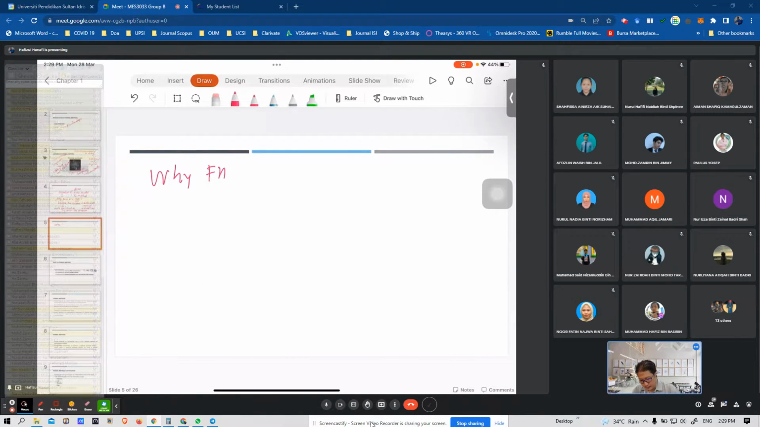Why formal method is important and required. This one is to minimize